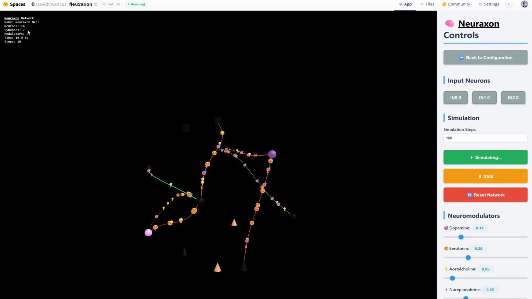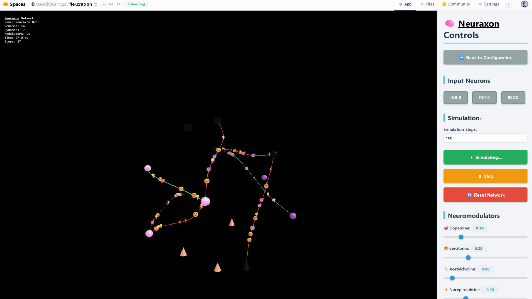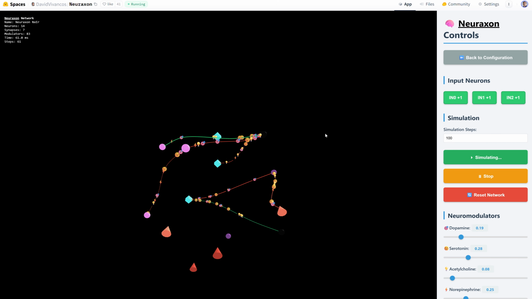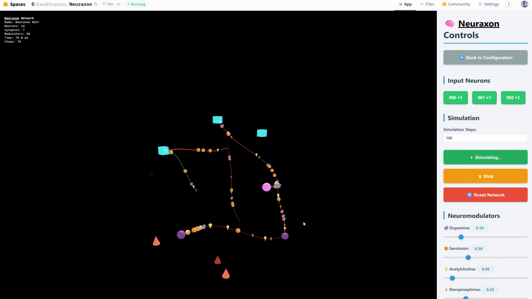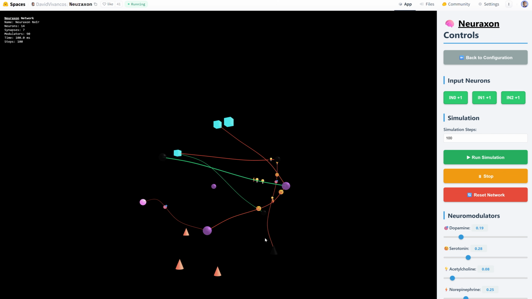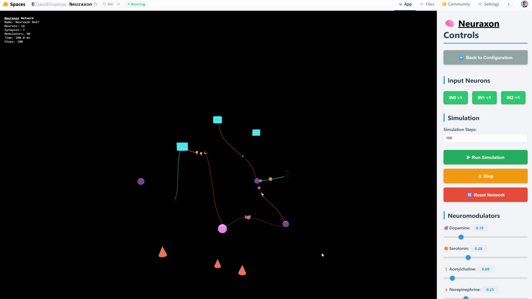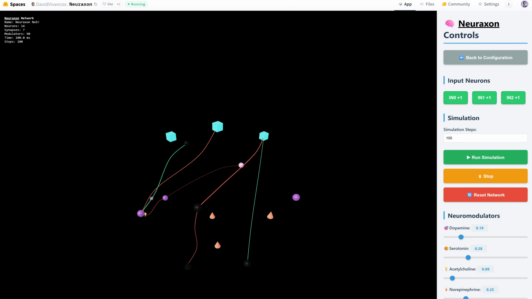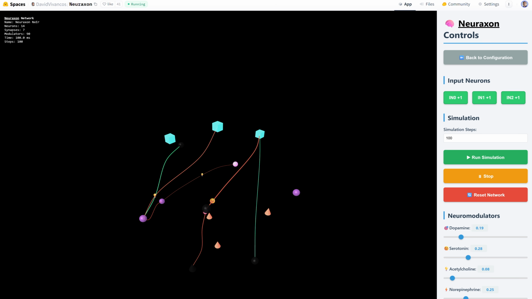As you see, it has only 40 neurons in total. These are the three input neurons, and those are the output neurons. Basically, as you see here, it is activating different things, and all these things are related to how this Neuraxon behaves in that case. So as you can see, we have this capability to have this full-fledged system where we can create new Neuraxons, see how they live, and of course then try to understand